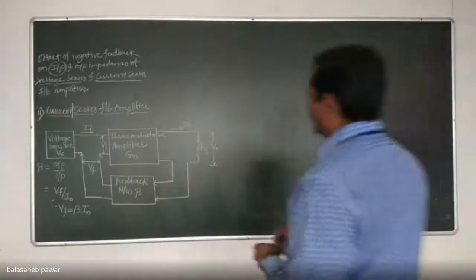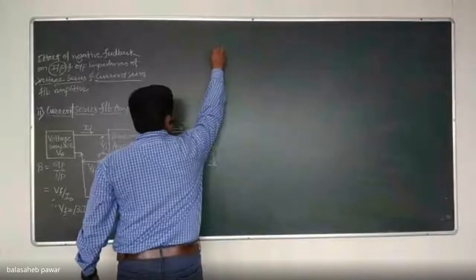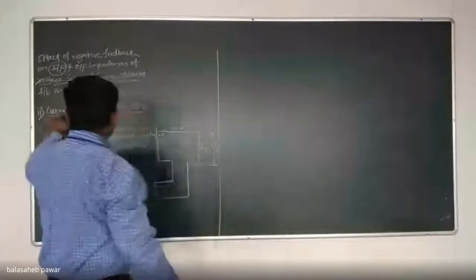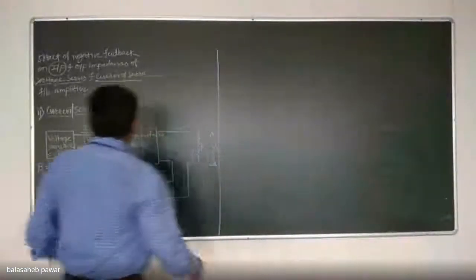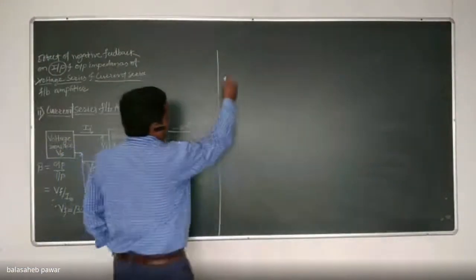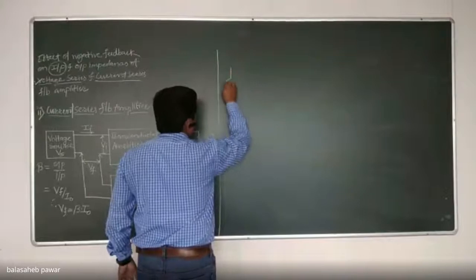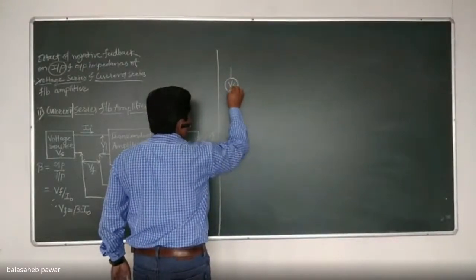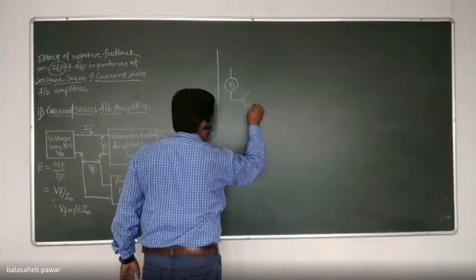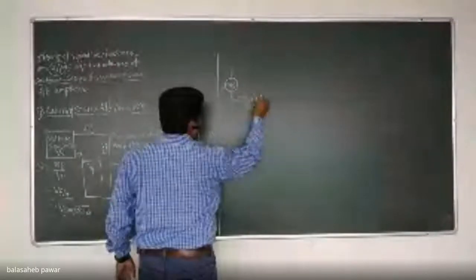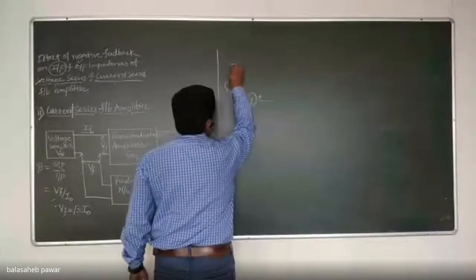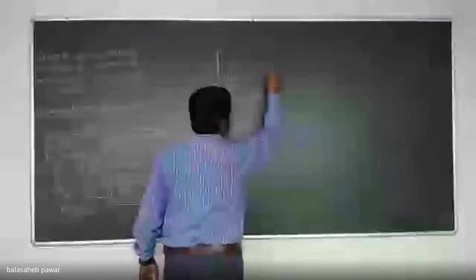Now, we'll draw the AC equivalent for the same topology, same as that of our previous one. See, the input to this basic amplifier is in terms of voltage, and that's why we will draw the input in terms of voltage like this. There will be a feedback signal VF. We have to indicate VF and VS out of phase from each other, and that's why they will be connected like this.